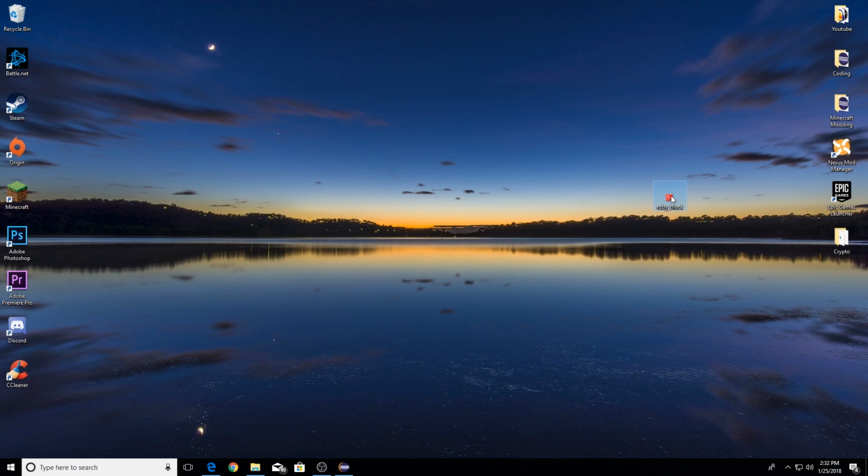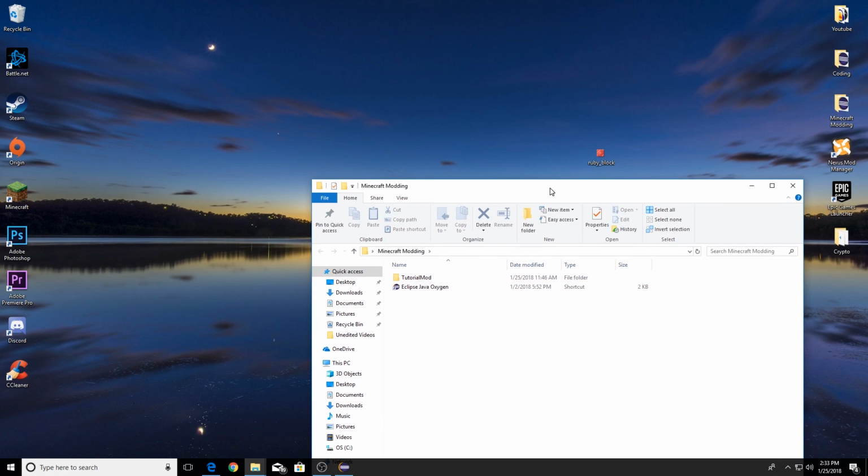That's what I have here. You can see ours is a Ruby block. You can get these off Google, or I will be linking sooner or later a video on how to actually make these yourself in GIMP or Photoshop. It's very simple, but I have Ruby block here, and I'm going to go into our Minecraft modding folder, tutorial